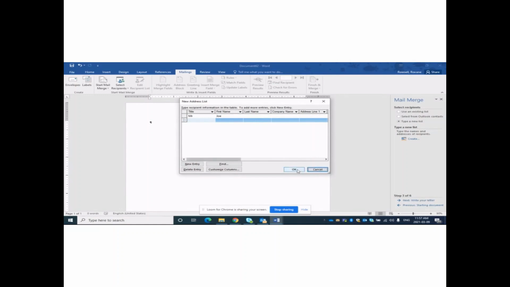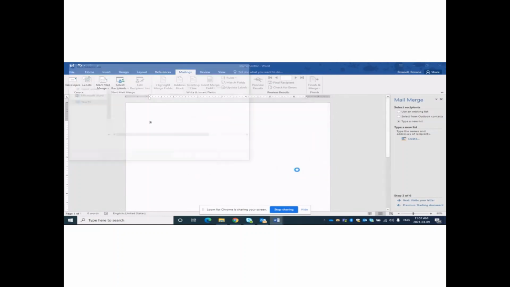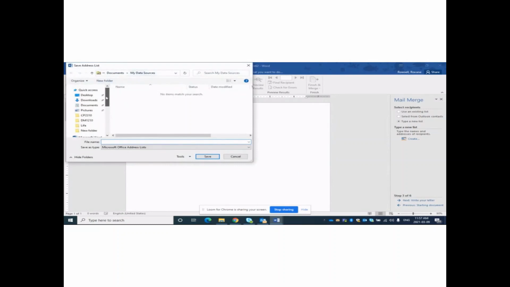You would just say okay, and it will give you an option of saving it. And you would want to save it somewhere where you can find it as a data source, and then you'd find it on your desktop. That's usually where I save my stuff. So I'm going to hit cancel,